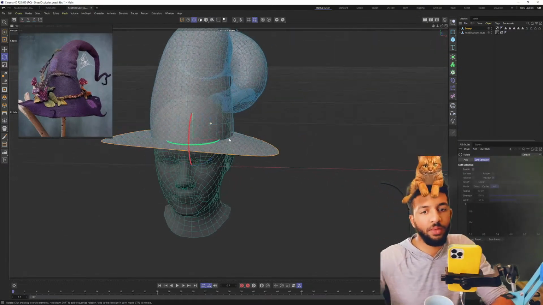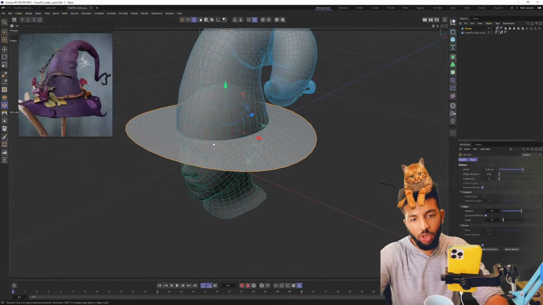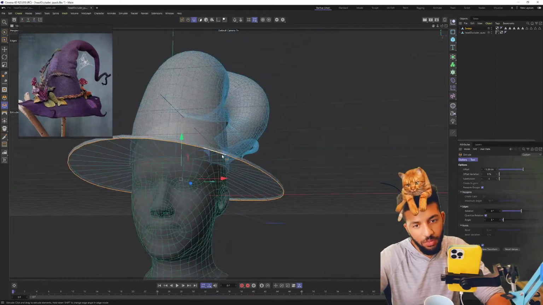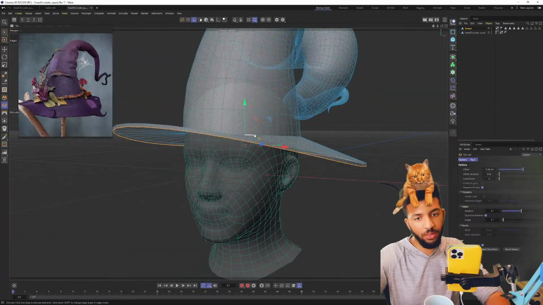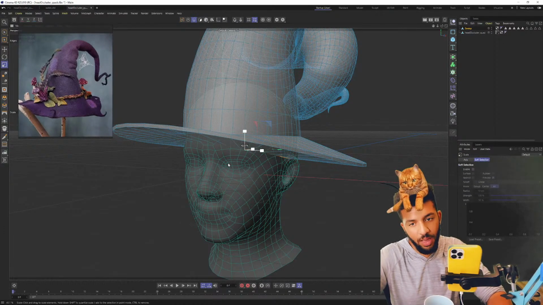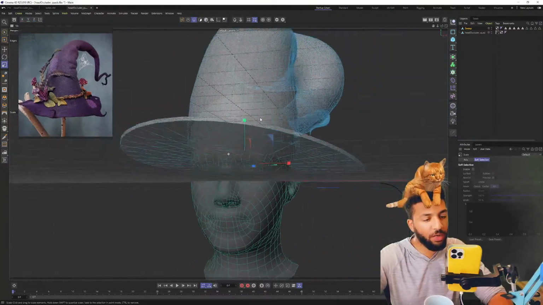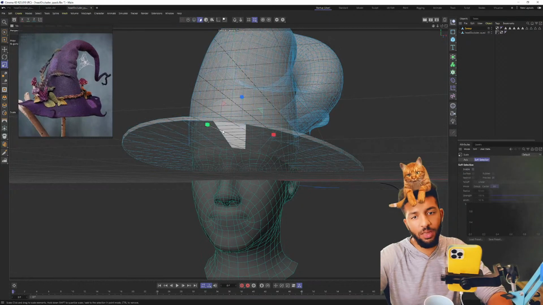Cool. Very cool. Alright, I'm going to now extrude that down a bit. This will create thickness to the brim of the hat, which is important. And then we're going to create one more extrusion and then scale that all the way back in. This way we always have geometry to paint on. If we don't do this, then it'll be hard once we get to the painting process to paint the outside